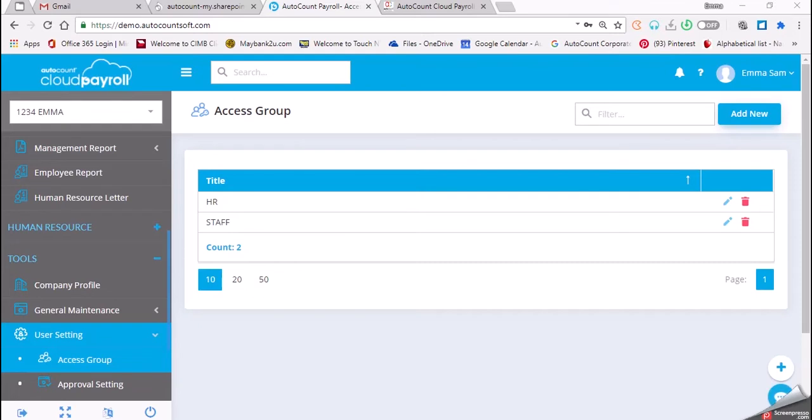Now in this chapter, you will learn how to invite our payroll user and our staff to become the employee user. So first, you will learn how to invite the payroll user first. To invite payroll user, only one way. You must remember, to invite payroll user, only one way, which is you have to click on the AutoCount Cloud Payroll icon to go back to